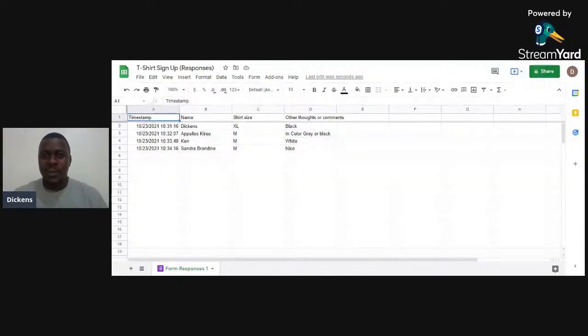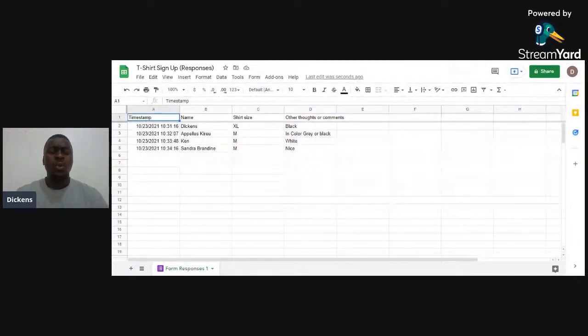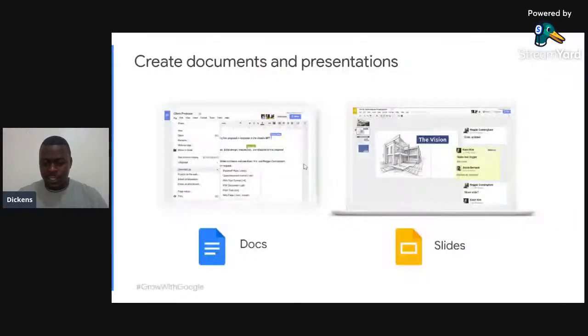I believe this is straightforward, but if you want more information on how you can use Google Forms and Google Docs, then you can contact me just after this particular session so that I can take you through. So let us forge ahead, ladies and gentlemen, and let's see how we can use other tools. So that was for docs and sheets, right? So next, let us look at docs and slides.